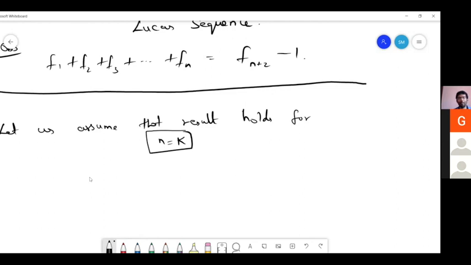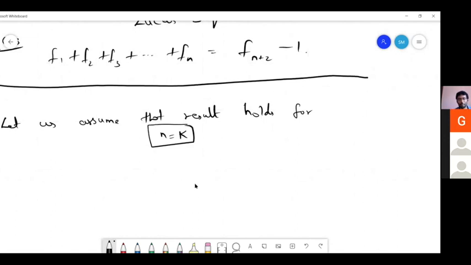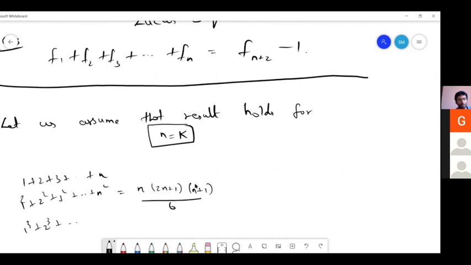So we will take some set of examples where this induction technique can be used. One is this, of course. Then we will go back to the classical ones. 1 plus 2 plus 3 till n, the summation. Then 1 squared plus 2 squared plus 3 squared till n squared, which is n into n plus 1 into 2n plus 1 divided by 6. And then 1 cube plus 2 cube plus till n cube, which is equal to n into n plus 1 by 2, the whole squared.